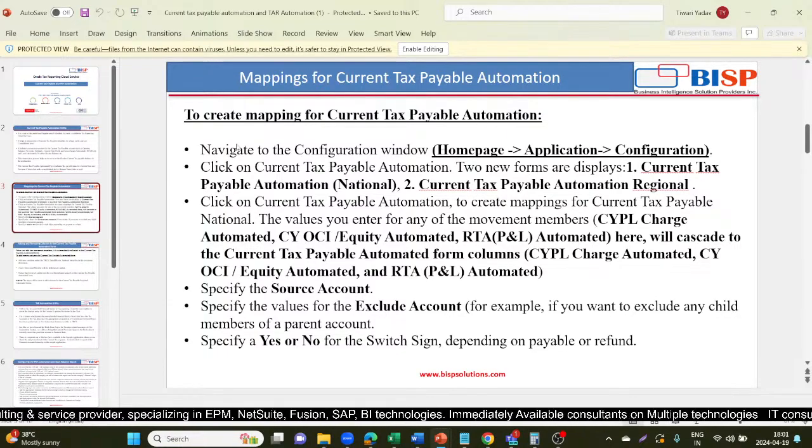So here in this slide it says, to create mapping for the current tax payable automation, you need to navigate to the configuration window from home page to application and to configuration. You need to click on the current tax payable automation. Two new forms will be displayed. First is current tax payable automation national. Second will be current tax payable automation regional. Then you need to click on the current tax payable automation national to create the mappings for the current tax payable